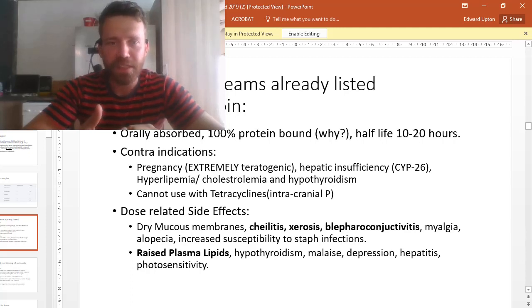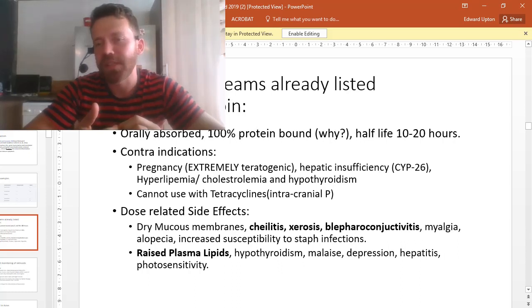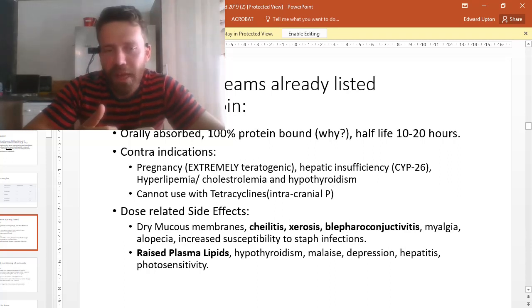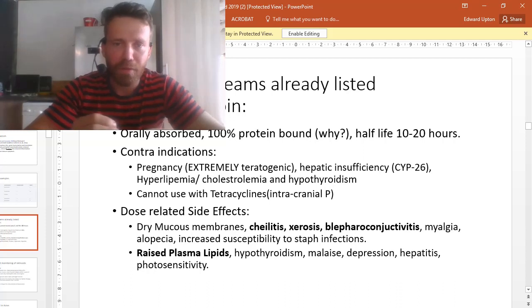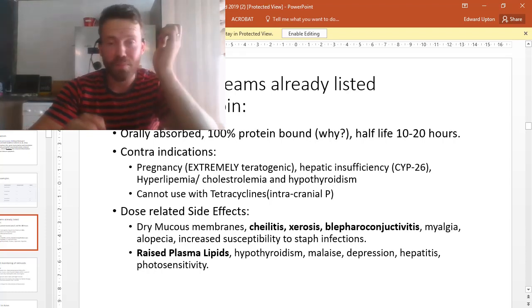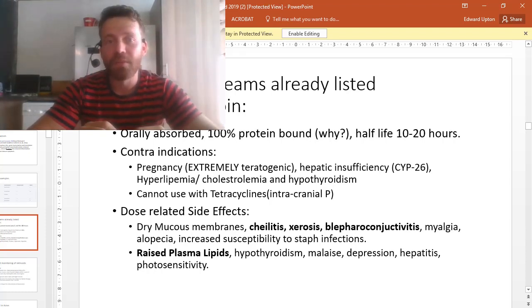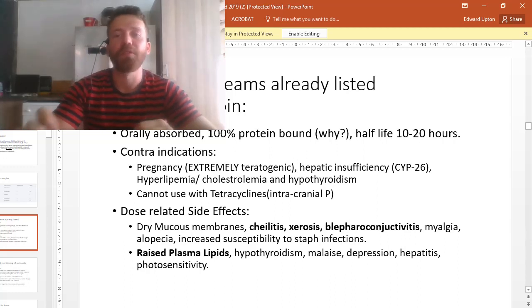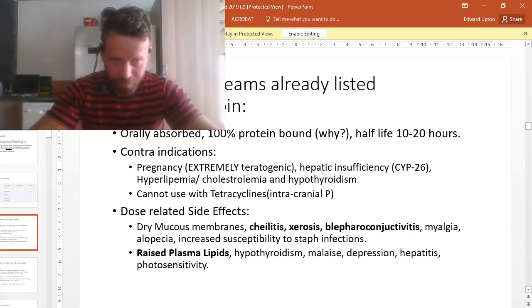Hepatic insufficiency, it has to do with the cytochrome 2B6 gene or something like that. Not really something you see a lot, but hepatic insufficiency, generally speaking, we actually test the ALT beforehand. So the ALT is a basic liver function test. We test that beforehand just to make sure that the person's liver isn't actually damaged or inflamed for some reason, or undergoing some damage because of some other disease, before we actually start a person on isotretinoin. Then, of course,